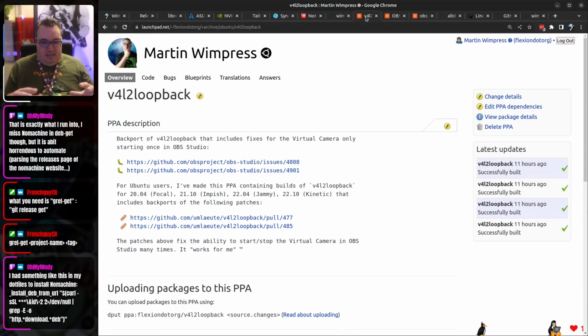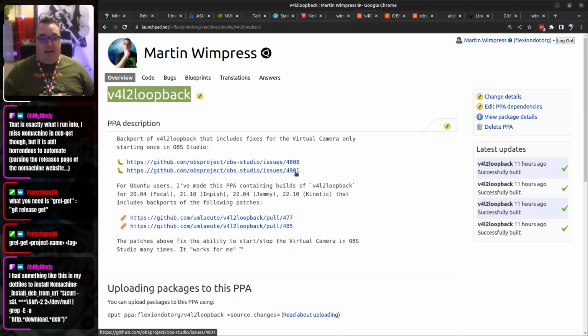There's been a long-standing issue in OBS Studio, where you start the virtual camera, and this is on Linux obviously, you start the virtual camera and then you stop it and then you go to start it again and it doesn't restart. Some people thought the solution to this problem was to reboot their machine, or what you could do was remove the Video for Linux 2 loopback kernel module, and then you'd be able to hit start again. Long story short, this is due to a regression that was introduced into Video for Linux 2